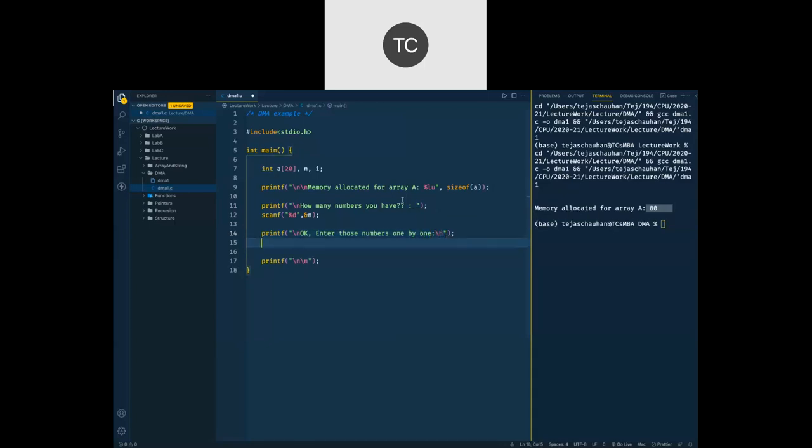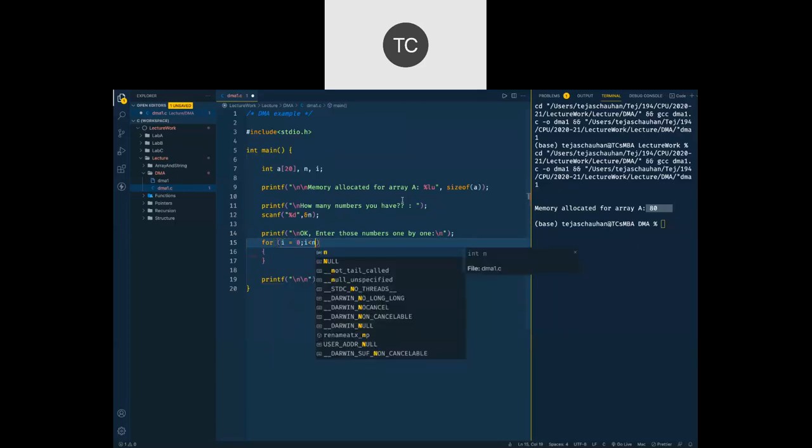And then to take all those numbers, we are going to have a for loop here. So inside a for loop, we'll go for i equals 0, i less than n, because that's the number the user has given to us, and then i plus plus.